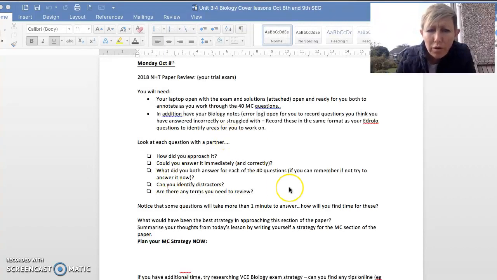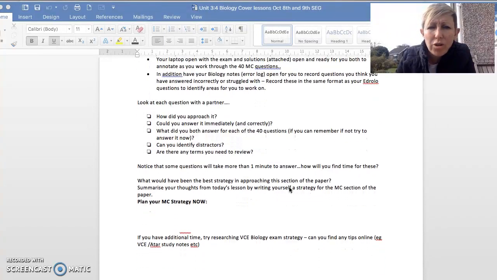Think about how you've approached it, which areas you can answer straight away and which ones you're a little bit more rusty on. Make an error log. I know I keep saying the same thing, but you do need to note the areas that you're least strong in for you to focus your energies between now and the 1st of November on those particular areas. That'll give you the best return for your time.